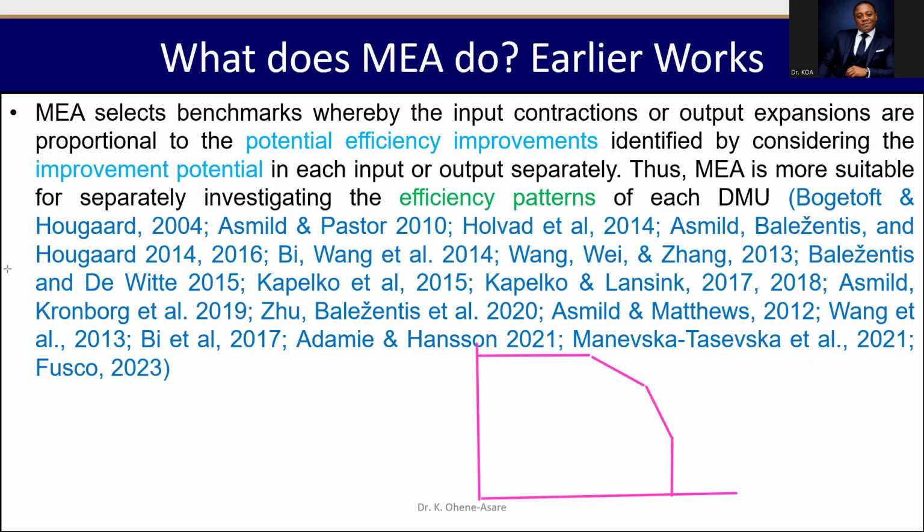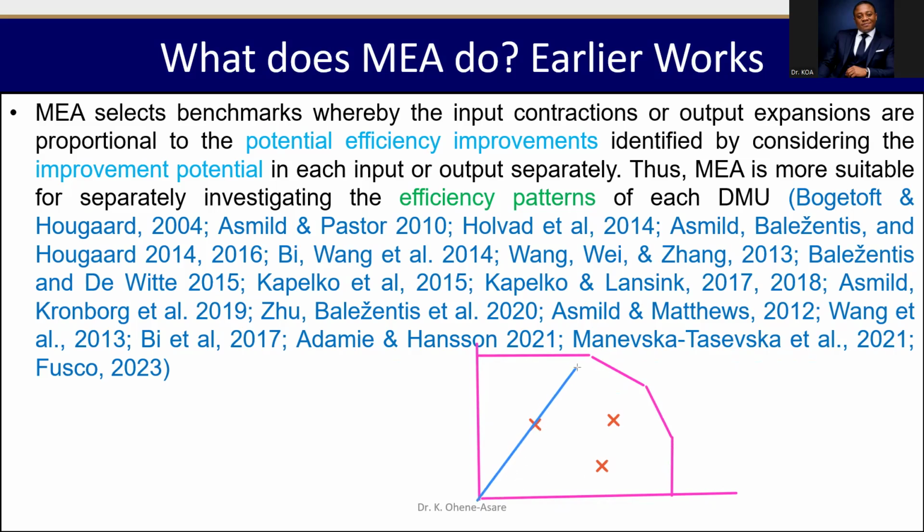Now, if you pick a DMU like that inside this whole analysis, and you are trying to estimate the efficiency of this particular DMU, if you trace this,